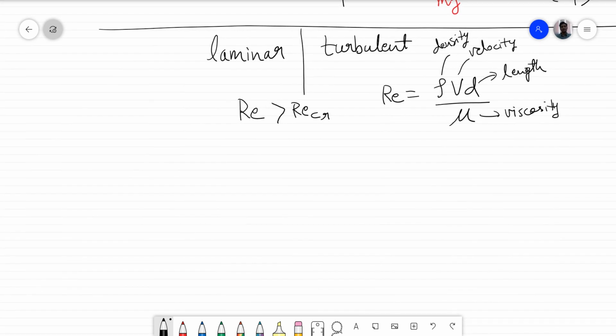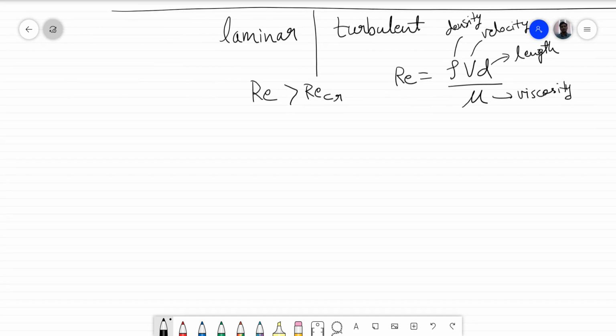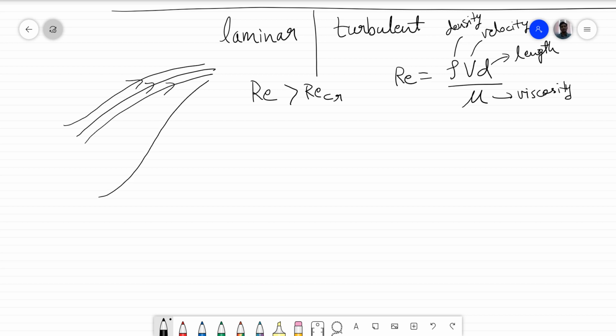Okay. We are not going to discuss any of this in detail. We'll just say that laminar flow is smooth. It looks smooth. All the streamlines join smoothly with one another. Let's say there is a body here, a solid body, and there is fluid flow around it. Streamlines do not intersect with each other.